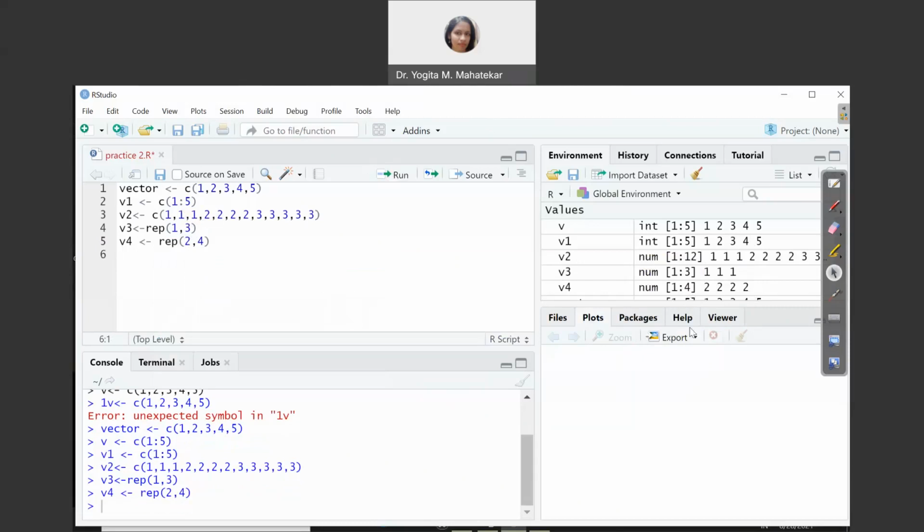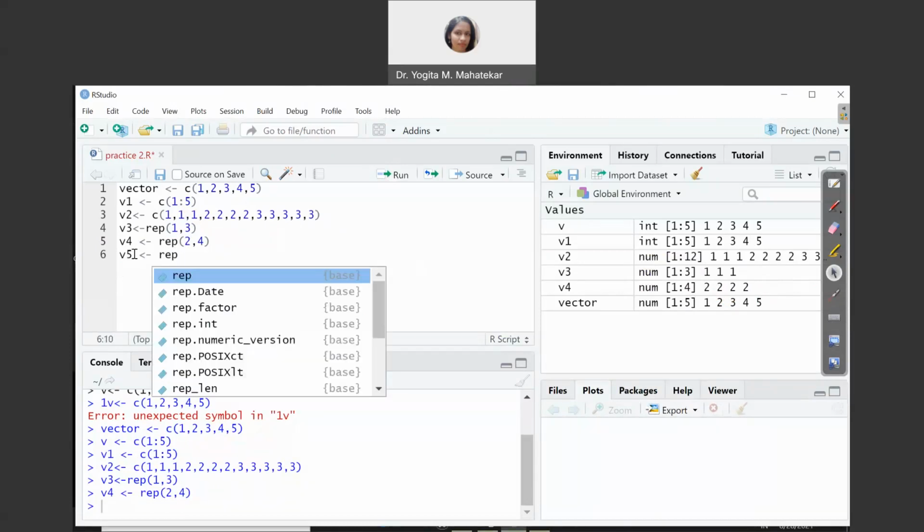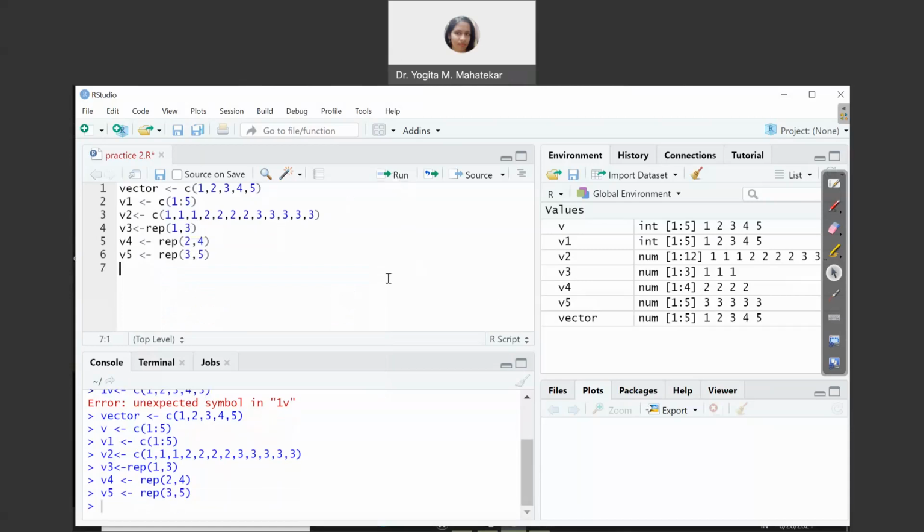Then I want 3 five times. So I again go in the script file and say v5, less than hyphen, rep, 3 comma 5, and press run. It will show you v5.